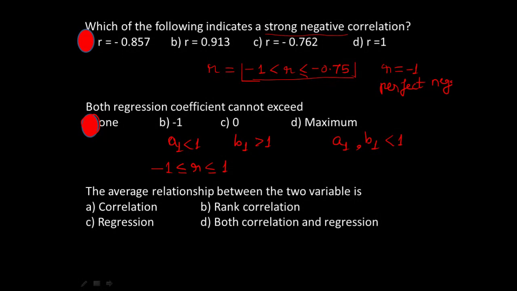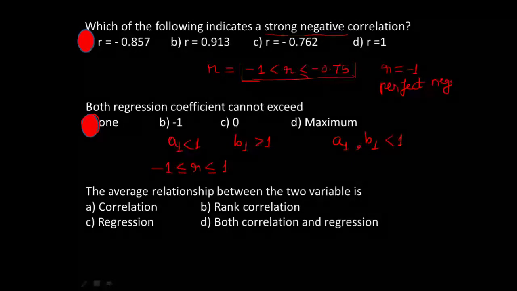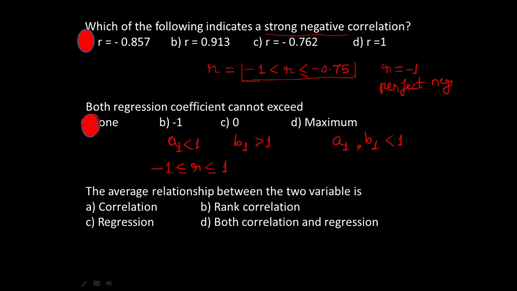Because the estimation or prediction of unknown values of one variable from the known values of another variable is getting done. So it measures the nature and extent of correlationship. To what extent we have the correlationship, right? That is being measured with the help of regression. Okay, so the answer for this is option number C. Now let's have the next question.